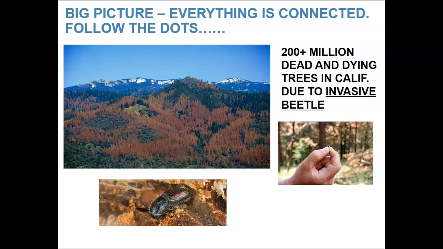So I want you to follow the links here about how everything actually ends up becoming connected. This would be maybe a short answer or essay question on your first exam, where I would like you to remember what we're talking about here and then tell me how it all links together, because what you're going to find is in environmental science, everything is all linked together. So let's start off with this little teeny tiny beetle. You can see how small it is. The person there is holding one, so they're very tiny little beetles.